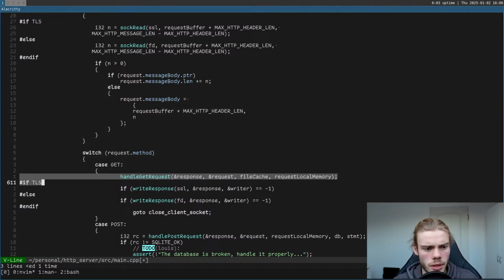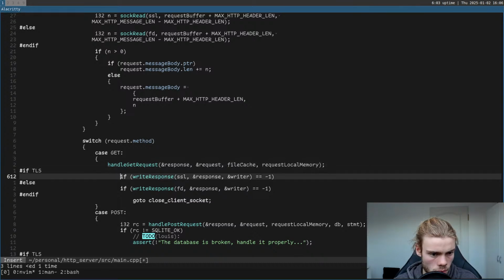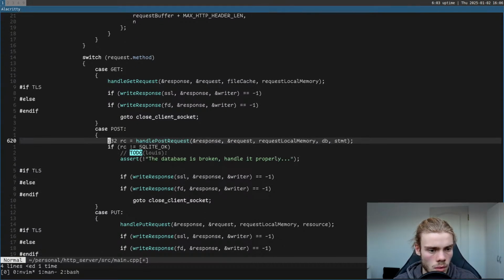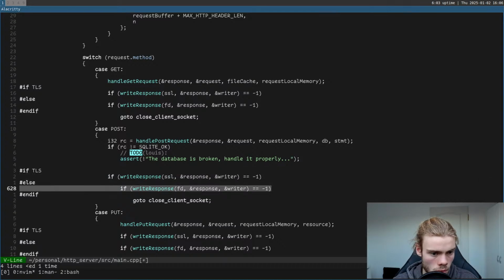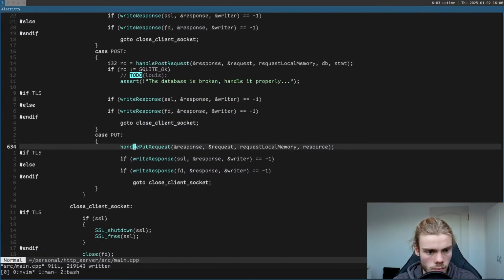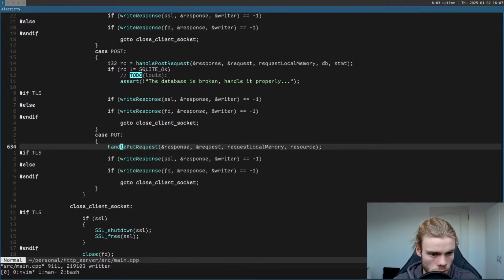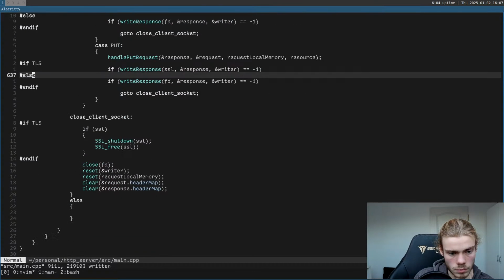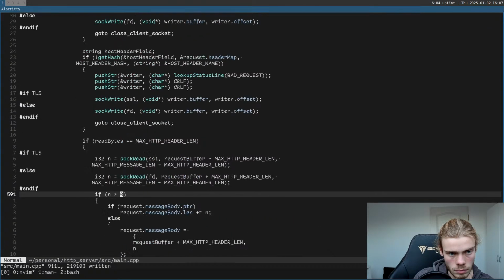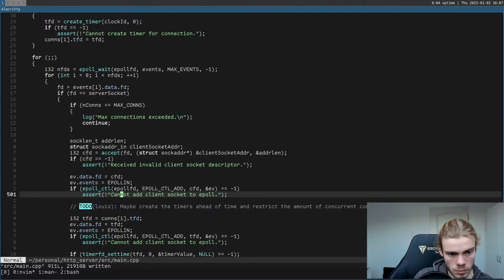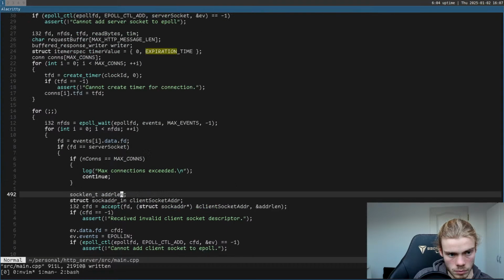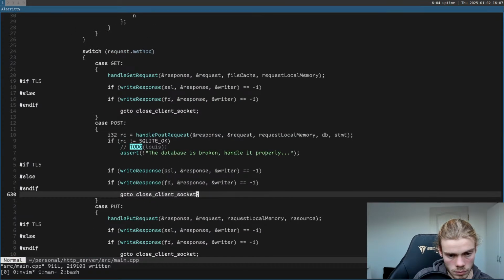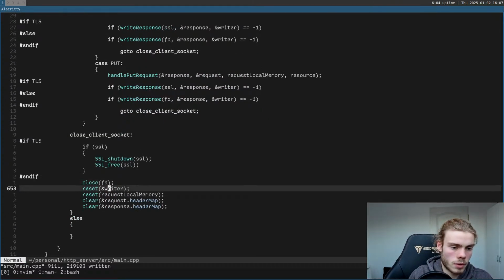This seems like a lot of indentation here. Yeah. So this should probably be something,